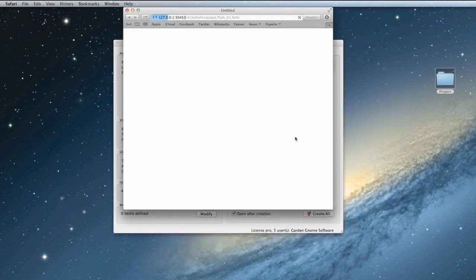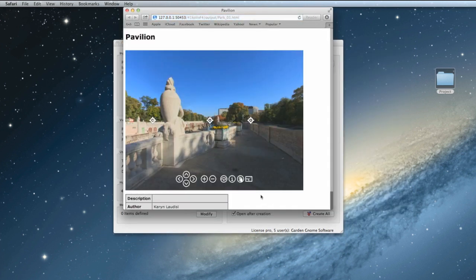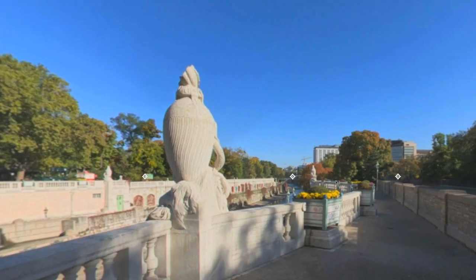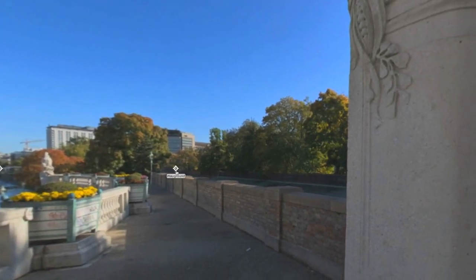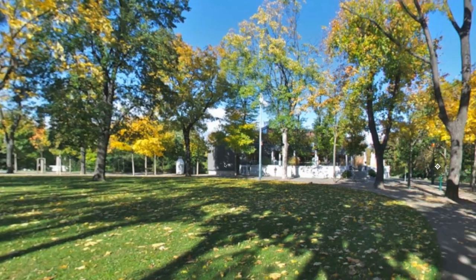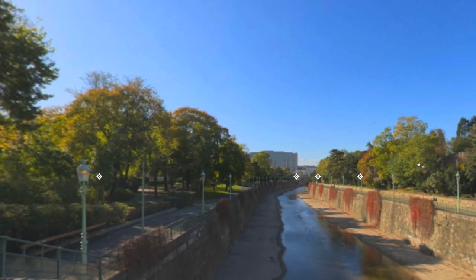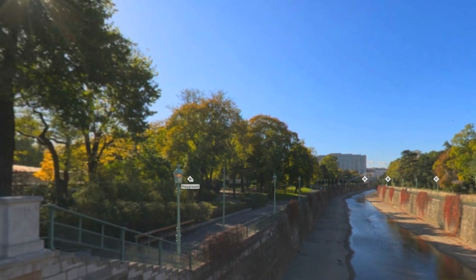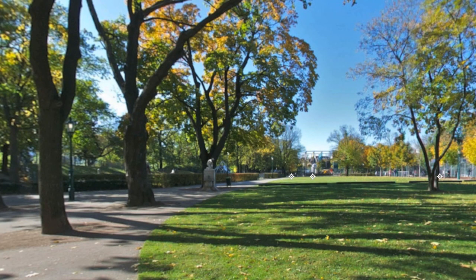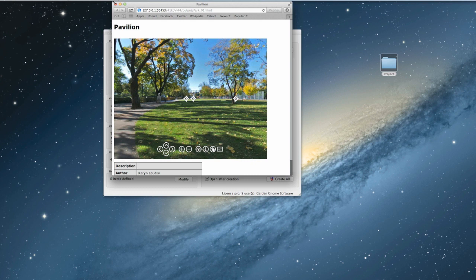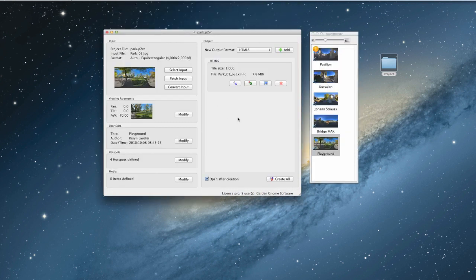So you have your virtual tour. I can walk around this park. This is HTML5 full screen, so you have the same full screen as you have with Flash. And if you're happy with the outcome,